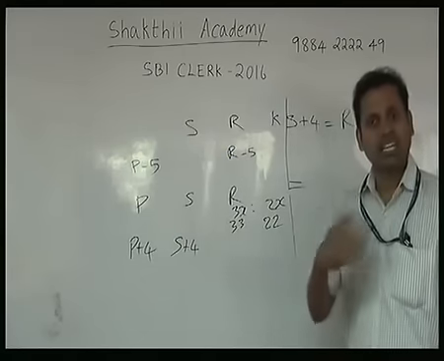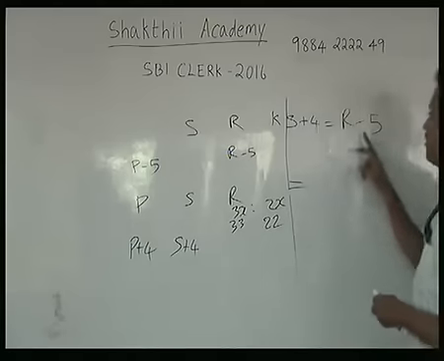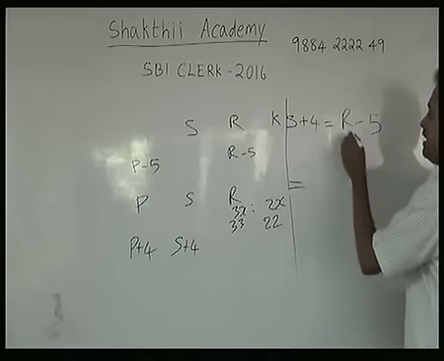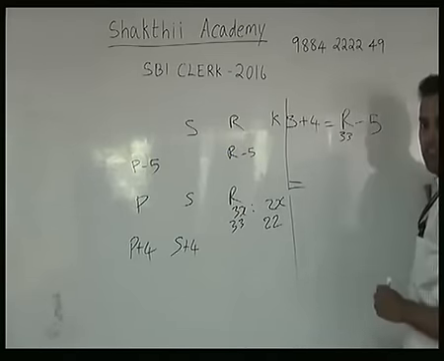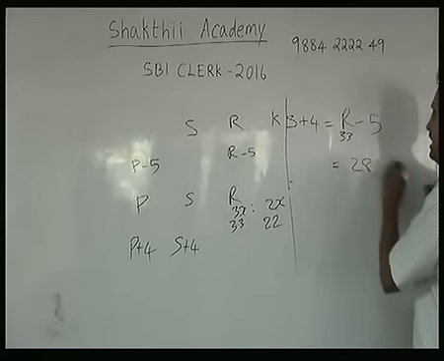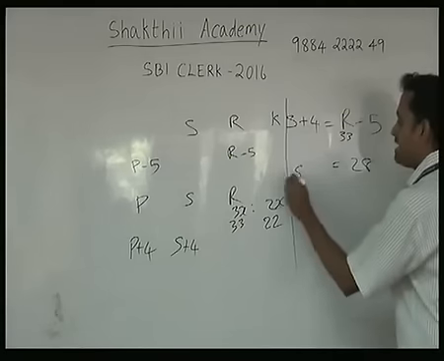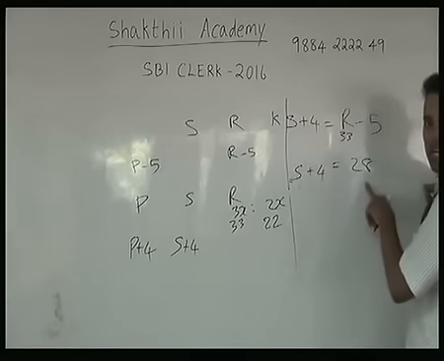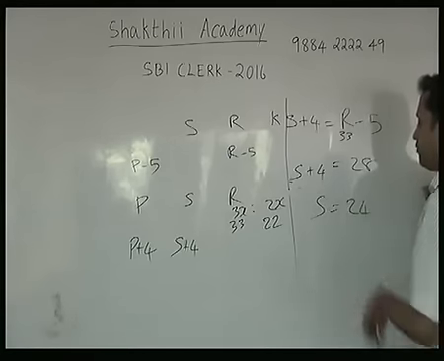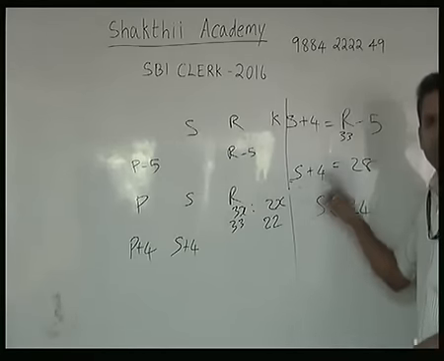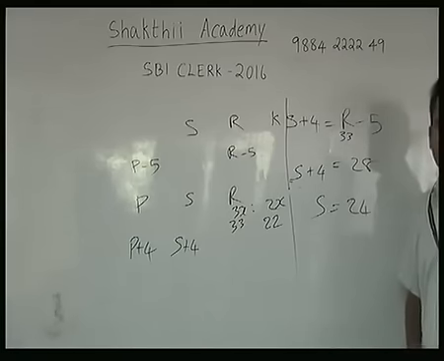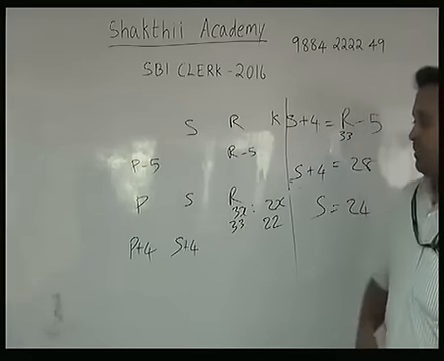So wherever R comes I can substitute 33. So now when I substitute R here, R equal to 33. So 33 minus 5. What is 33 minus 5? What do you get? 28. Now S plus 4 equal to 28. Then S is equal to how much you get? 24. Because the plus 4 becomes minus 4. So when you subtract you will get 24. So the age of Sonal.